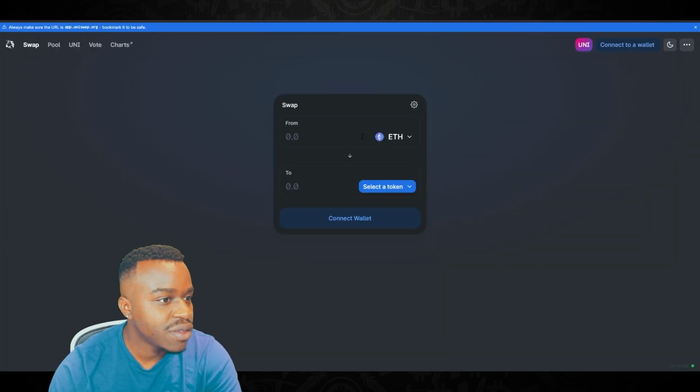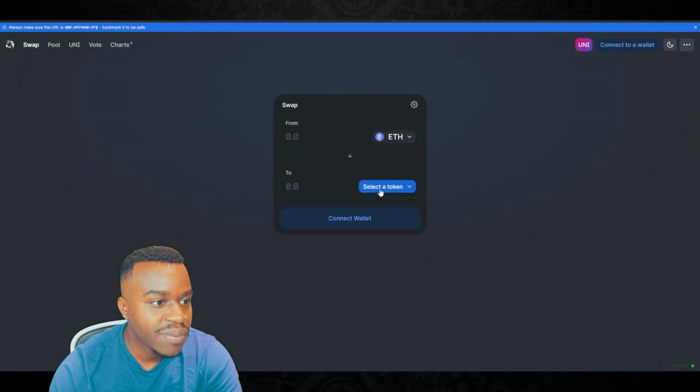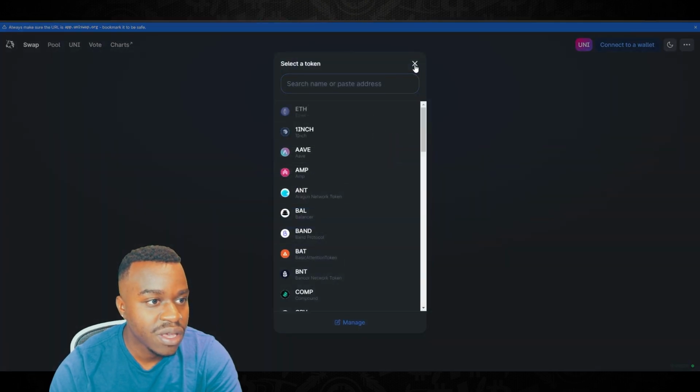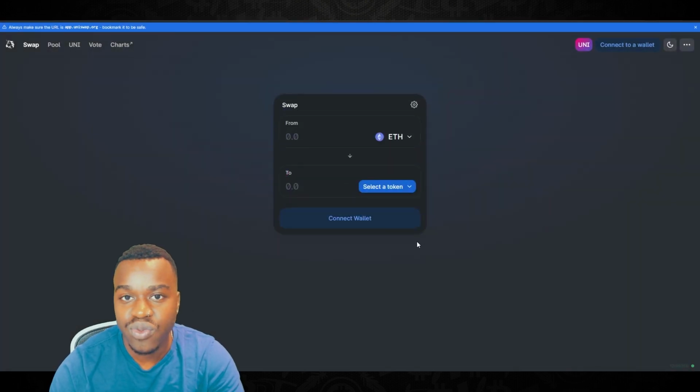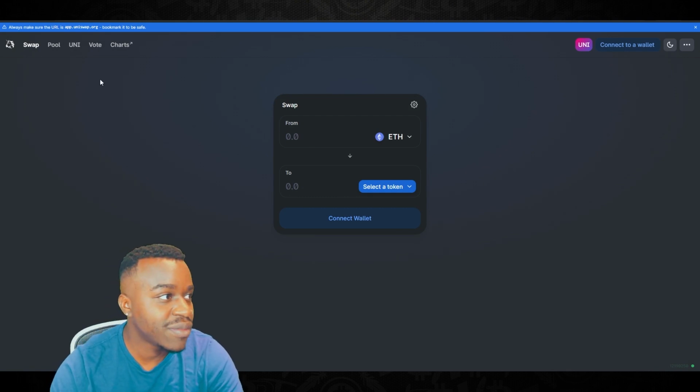Go on the website, you click swap, and then you click whatever token or crypto that you have on Ethereum that you want to swap for another token. And simple as that, you connect your wallet and you swap. There's no having to buy and sell, do this and that. And it will continue to grow as time goes on.